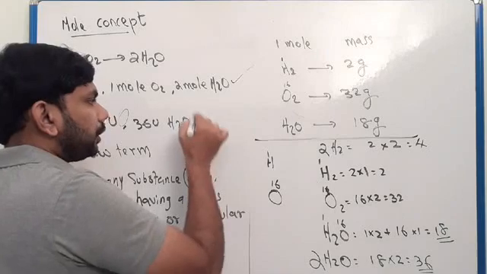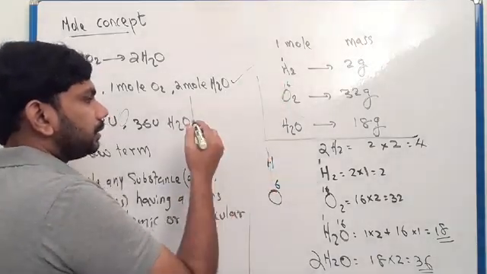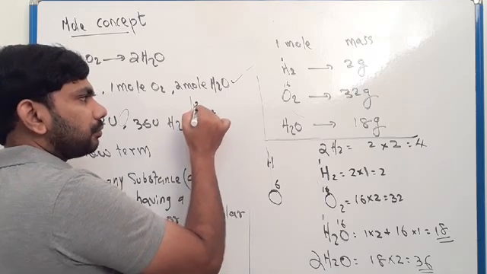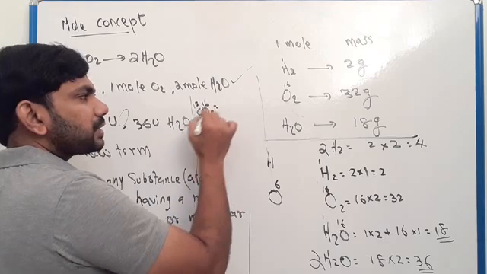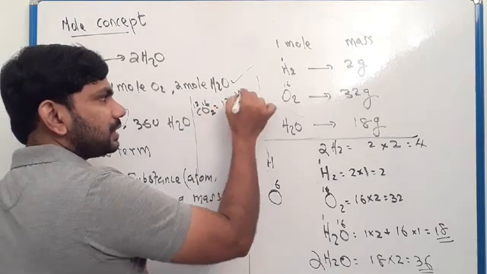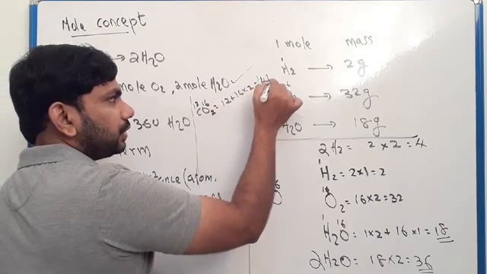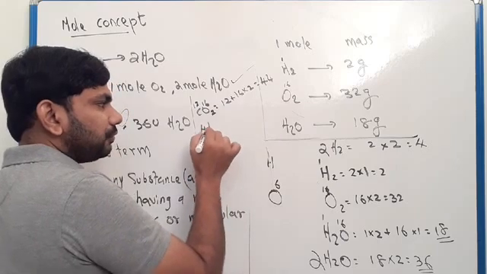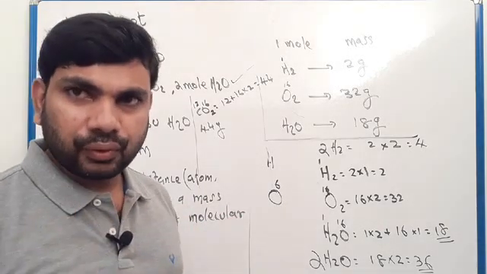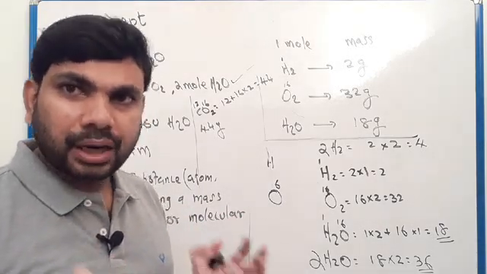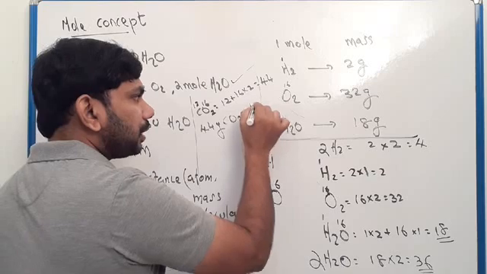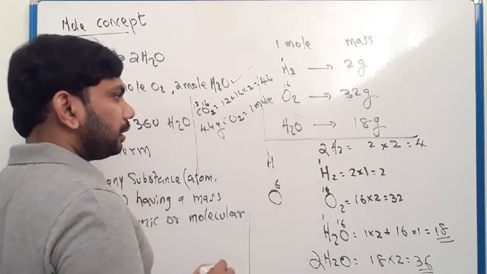Here, carbon dioxide. Carbon's mass is 12, oxygen 16. So the molecular mass of carbon dioxide is 12 plus 16 times 2, so it will be 44. You take 44 gram carbon dioxide, so it will be 1 mole. Clear? Another example,